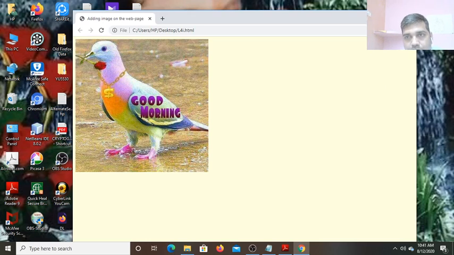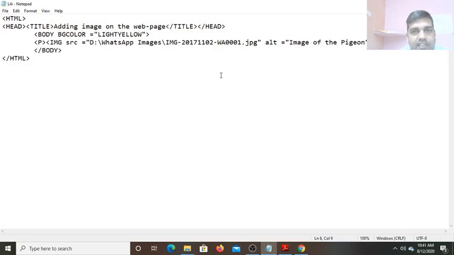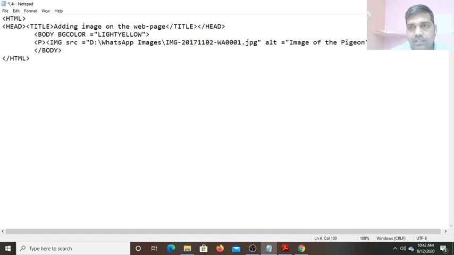Now see the code, we are going to change the code. Inside the image tag, after alt, I am going to write align equals to right. In double quotation marks you write right, R-I-G-H-T. Now I want to set some border also.